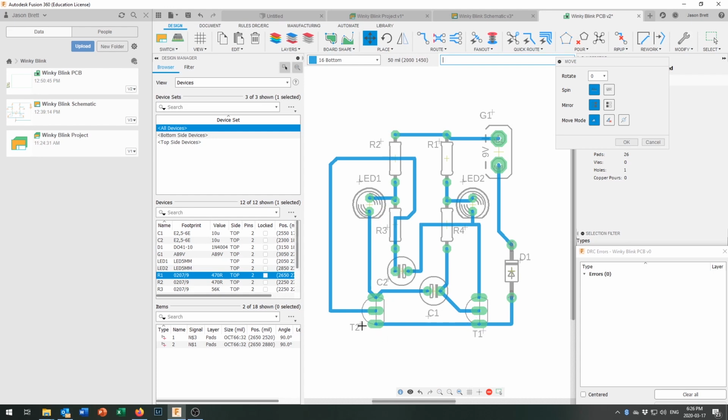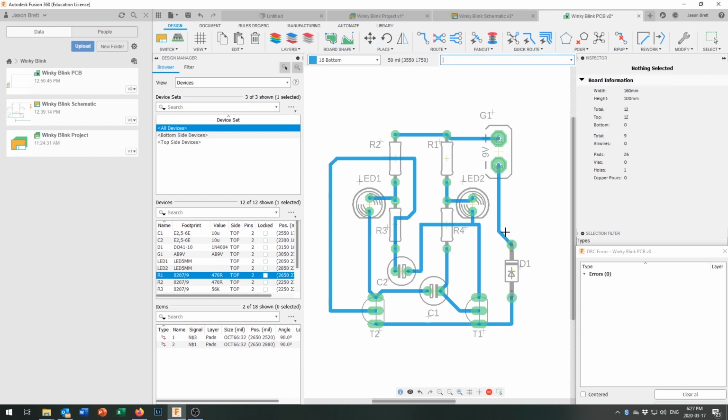This is particularly useful if you want to print out just a picture of the overall board for somebody to know how to design it. And that looks a little bit nicer. Now the other thing we want to do, click on OK to let it know that you're done moving things,